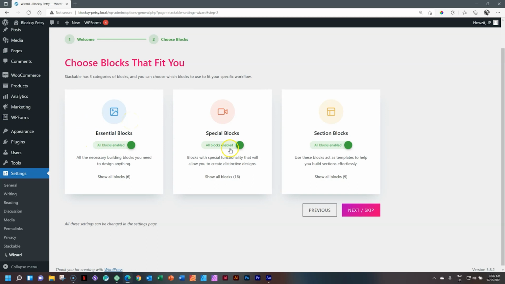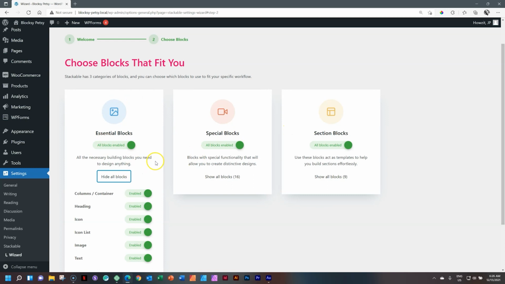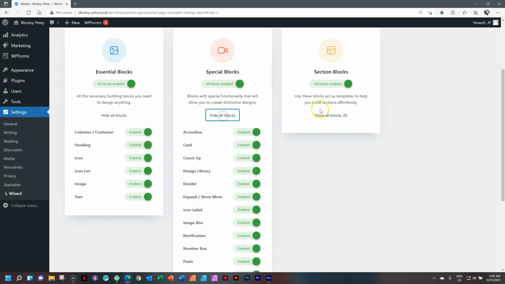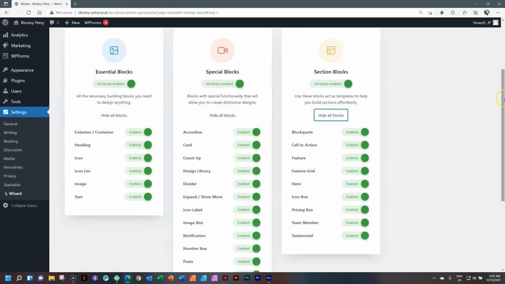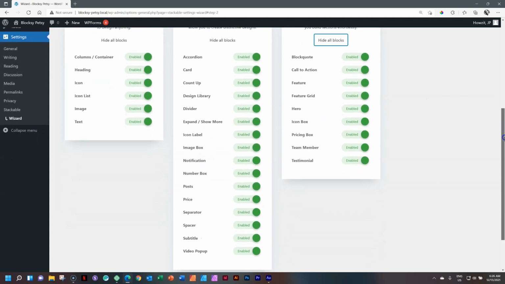By default, they're all already enabled. So you can see they are green. And if you want to know which of the blocks fall within each category, you go here to show all blocks and you can see them under here. Now, if this is the first time you work with Stackable, you're not going to know which one to activate or not. The second reason you're going to maybe run into problems here is that many of these blocks here